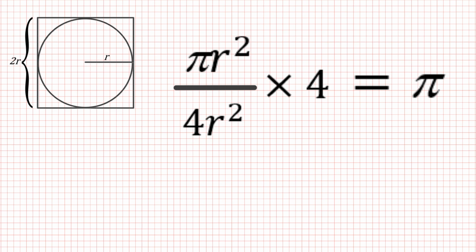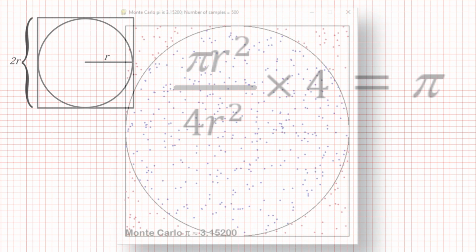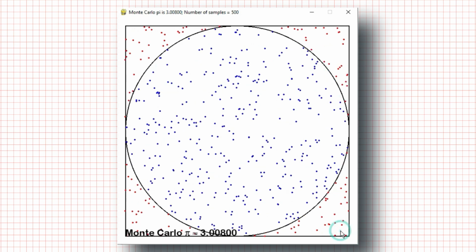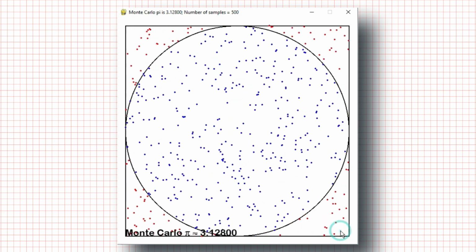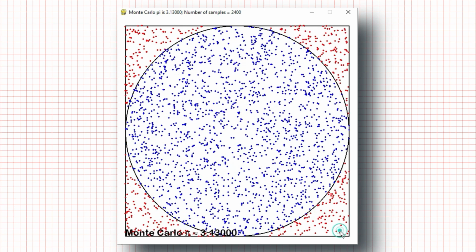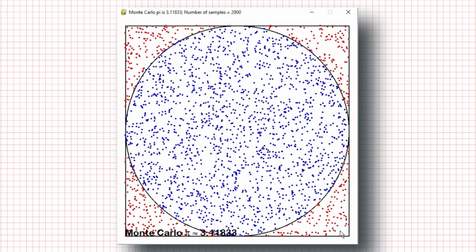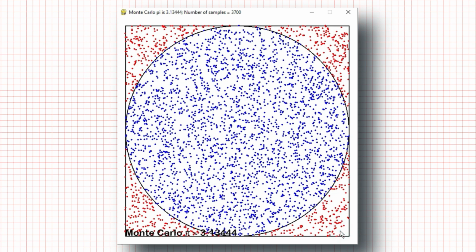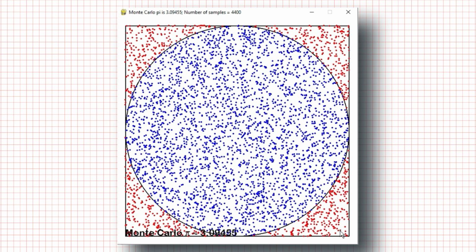Instead of calculating them directly, the Monte Carlo method approximates them using probability. We generate random points within the square and count how many are inside the circle. Since the points are randomly distributed, the fraction that are inside the circle should be approximately equal to the ratio of the circle's area to the square's area. The more points we generate, the closer our estimate gets to the true value of pi, as randomness evens out